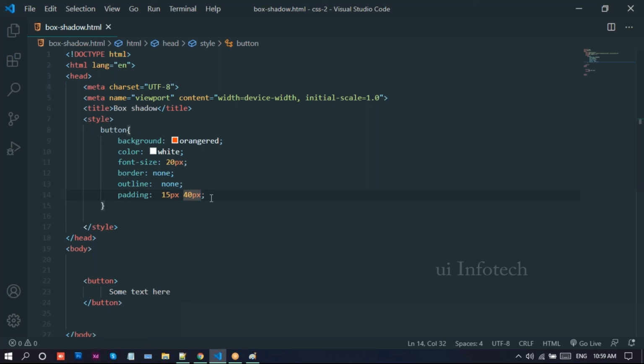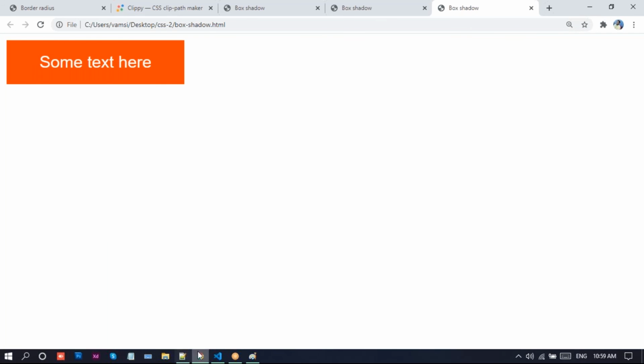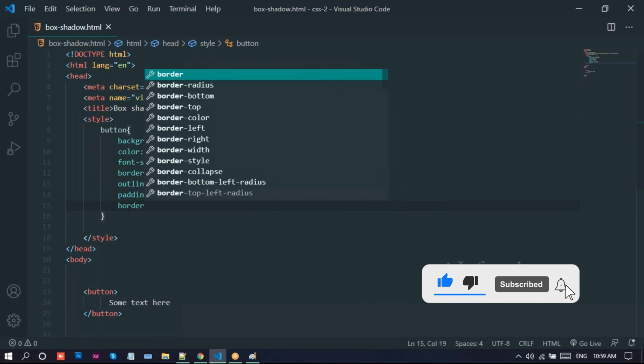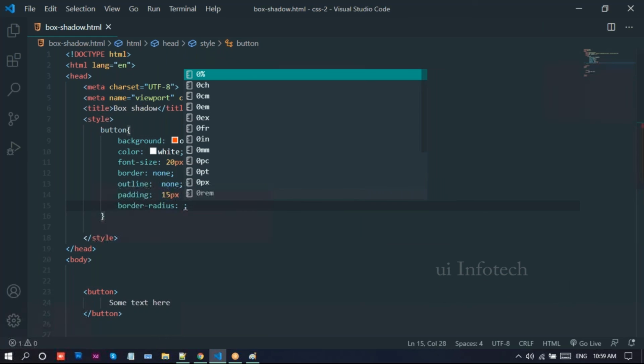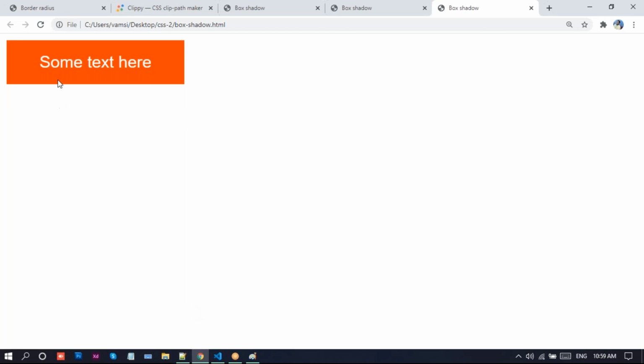First let me run this one on the browser. We place this button and place the text there. So just increase this. See here, for this one, I just apply border radius, 200 pixels, to make this rounded corners.